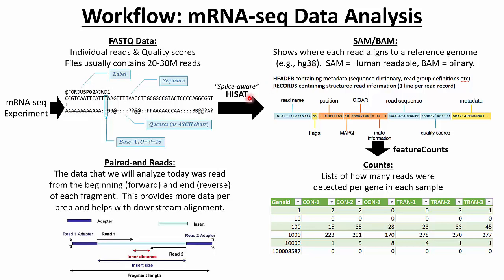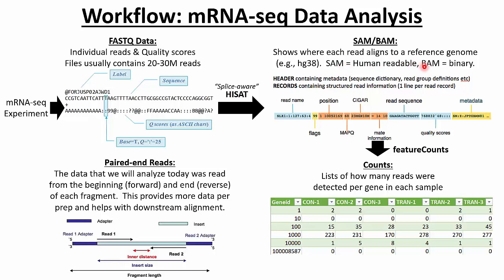Okay, but we're going to use this tool HiSat to take those sequences from the fastq data and align them to that HG38 genome. Okay, and that's a very important step in this process because that's what's actually going to correlate each of these reads with a specific spot in the genome, or more importantly, a specific gene in the genome. So you can see over here, an example of the output for HiSat would be something called a SAM or a BAM file,